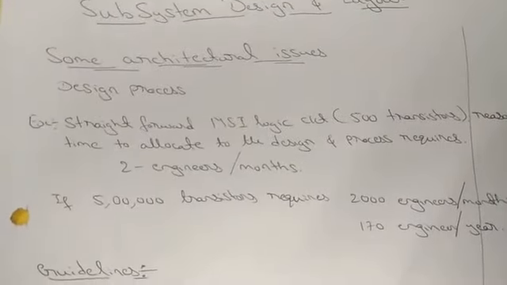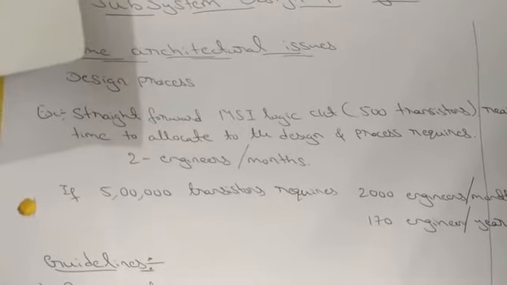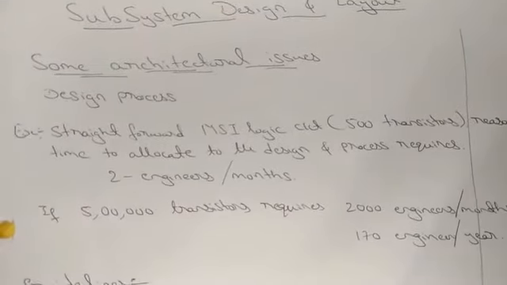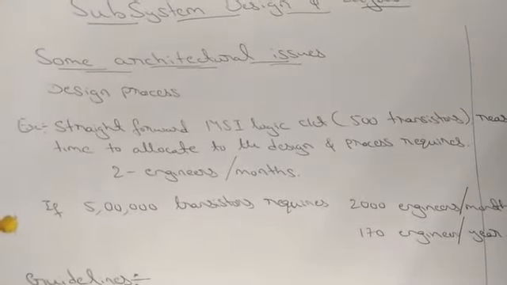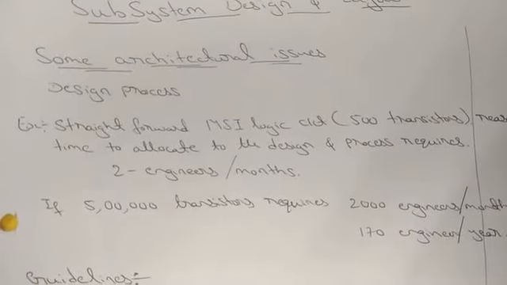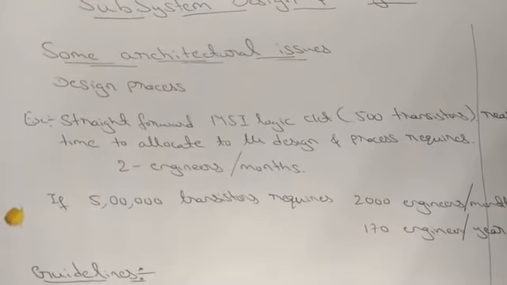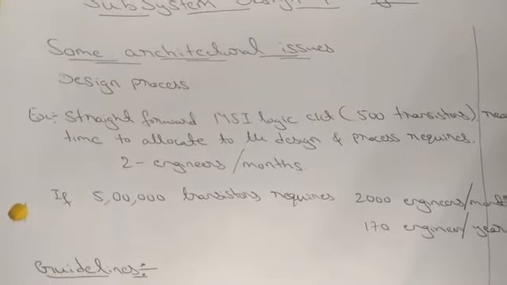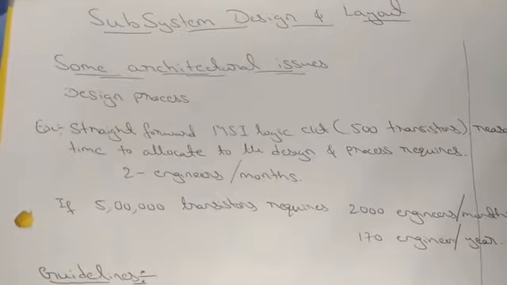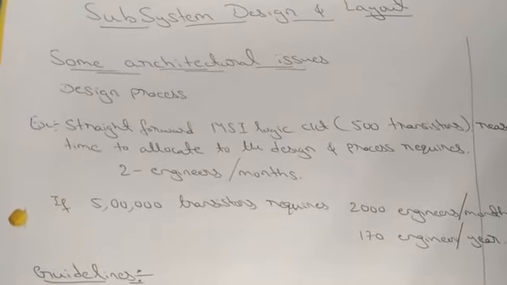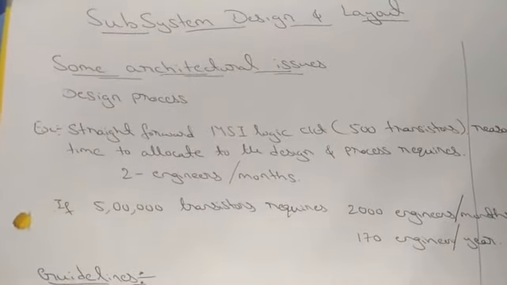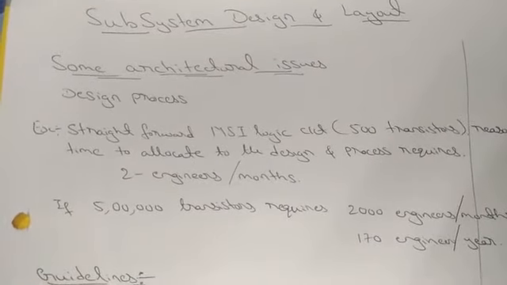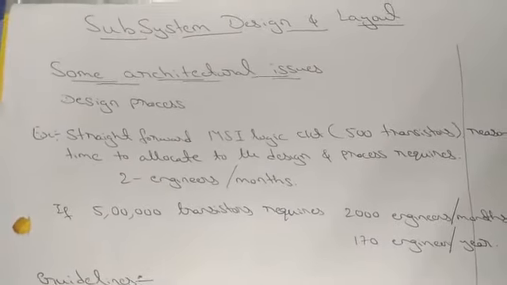We are talking about the structure, if you want to draw by using the drawing board. Before the 1990s almost it was like that, and then lambda based design rules came, and then we started using the VLSI tools. Tanner is a tool, Microwind is one of the tools, Synopsys. Synopsys and Tanner tools are the most important, and nowadays Cadence tools are being used.